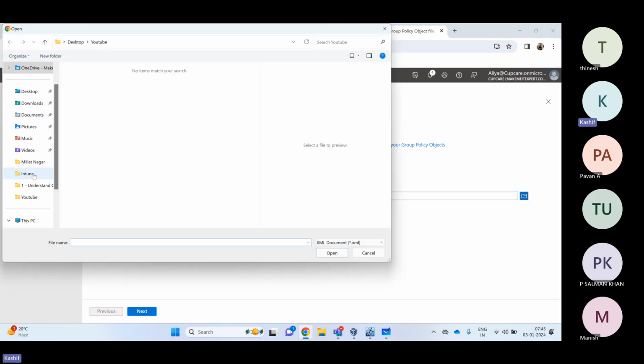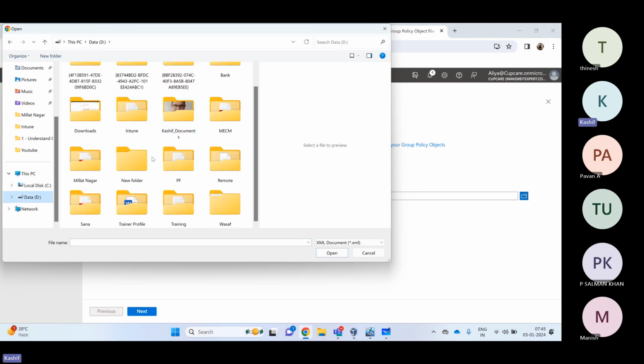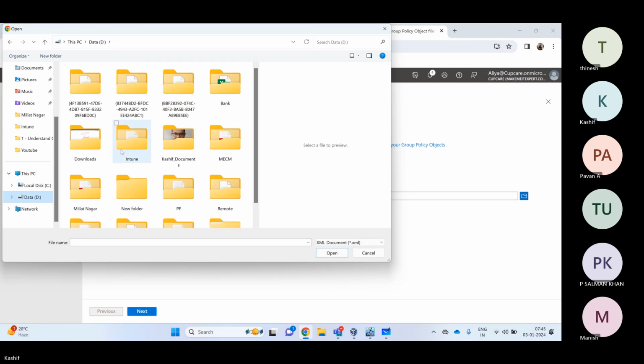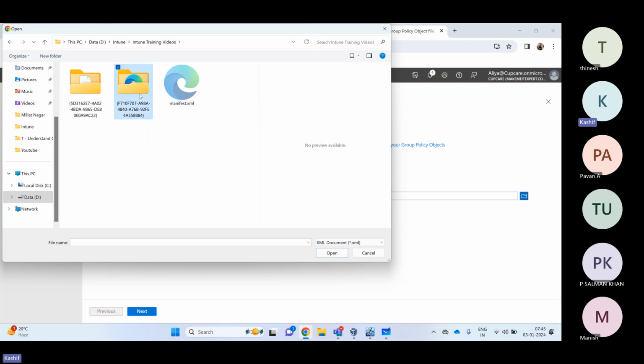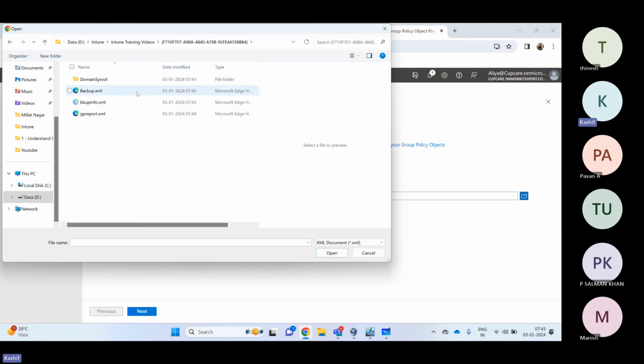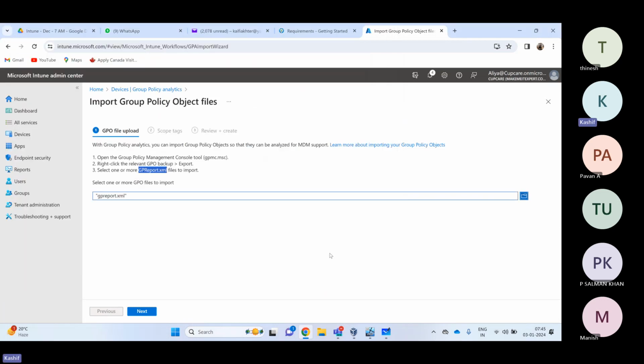and then I need to go to my D drive, Intune training videos, and which is the one? Yes, this is the one. This is the latest date and time, today's date. So double click on this, and then I need to take this one, gp report.xml. Okay, and open. So we have to take this one and then click on next,